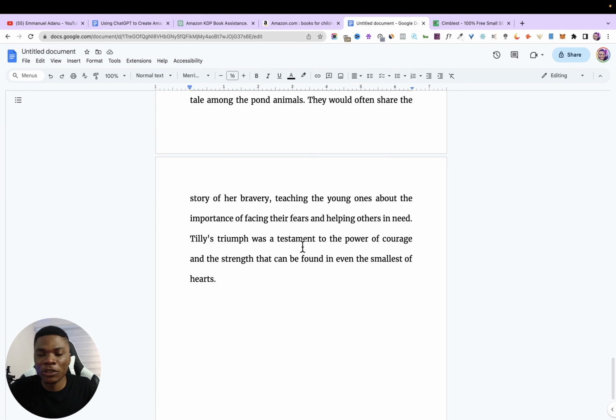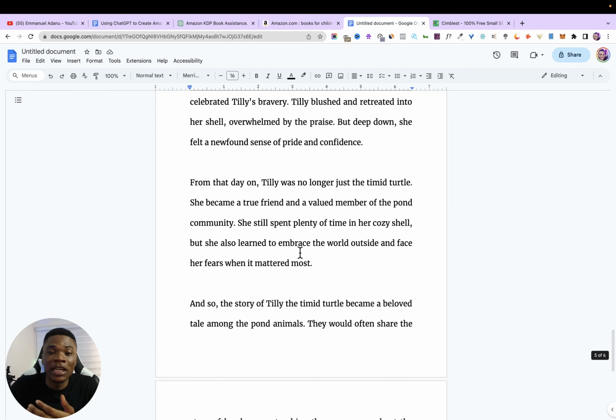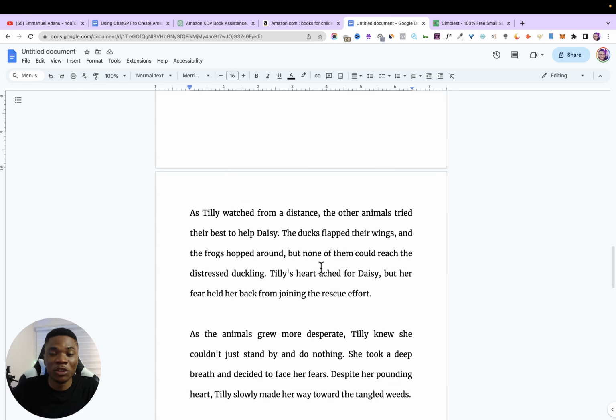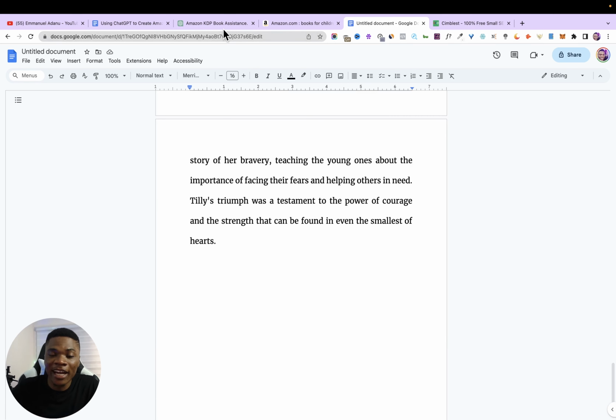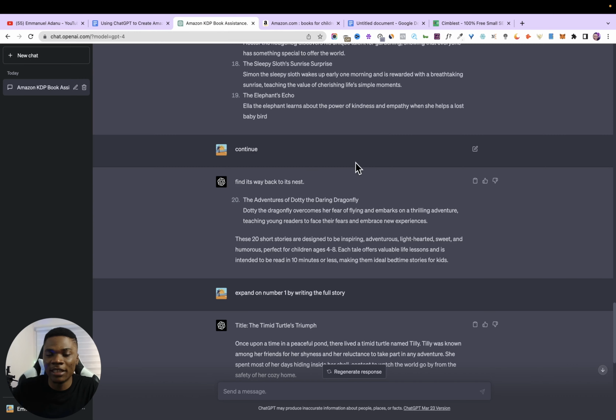Now, when creating your book, you can try to be very creative, add images inside the book. You know how children's story books look like. You can try to add a little bit of creativity to your book, and that can be a plus for you. Now that I have my first story, I can just follow this same process and generate all the other